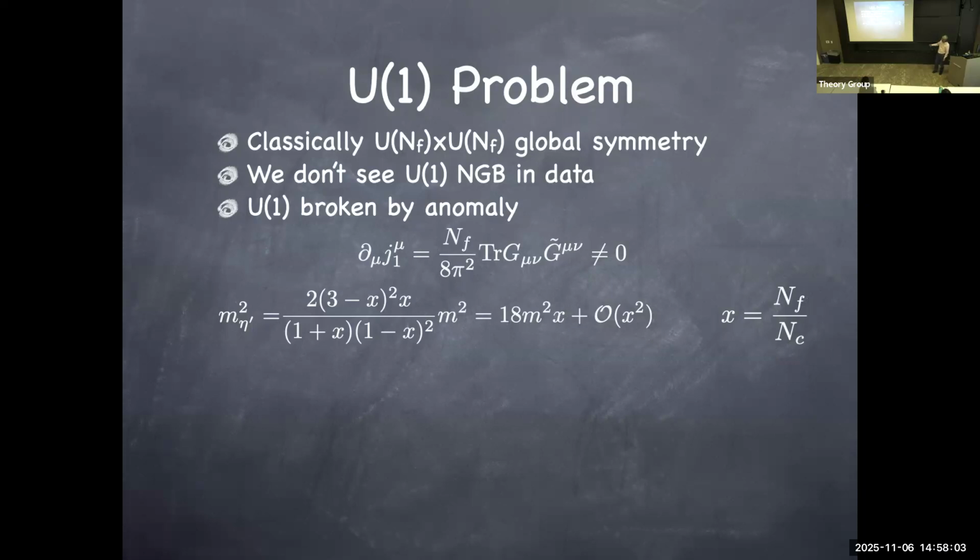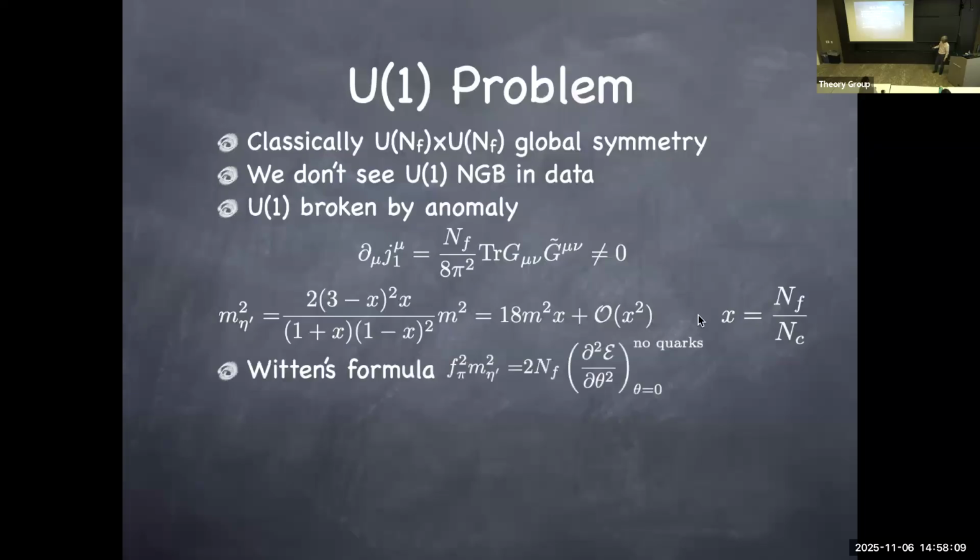But in addition, we have x dependence in this formula. And this x dependence is nominally higher order in 1 over N_C. And so you are seeing the order corrections coming from the large N_C limit at the same time in a simple expression. And in addition to arguing that this must be order 1 over N_C, Witten also wrote this formula, again in the large N_C limit, which is a very strange formula.